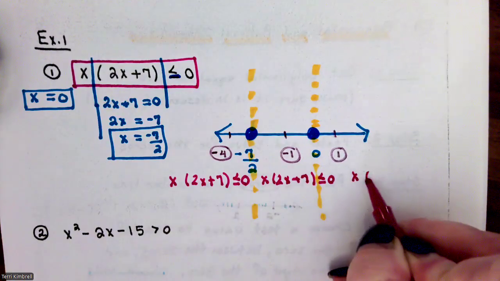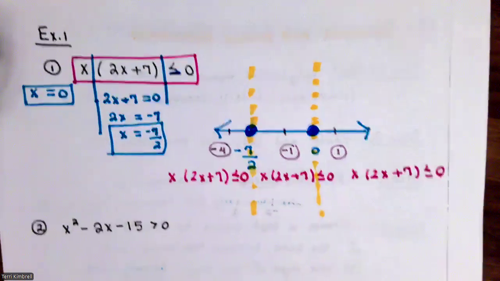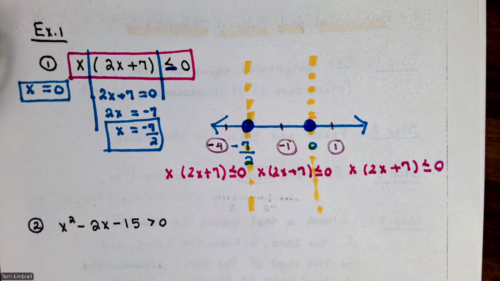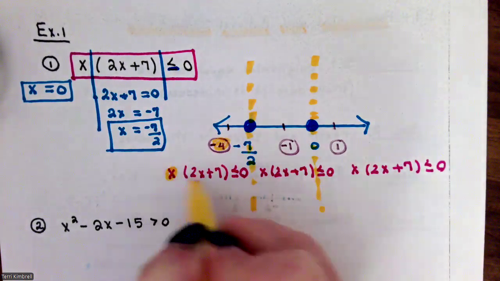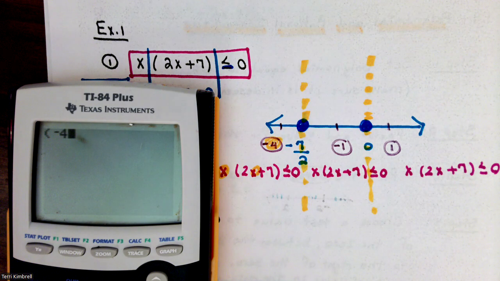And then it'll go on this side. So notice that we're testing 3 sections. Now, you can do this in your calculator or you can do this in your head. But on the left side, I'm going to take this negative 4 and put it in for x in both of those. So I'm going to put a negative 4,